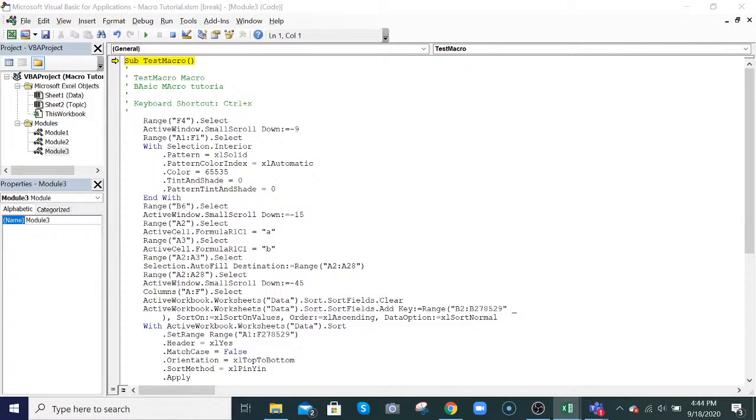Ayun. So, remember earlier in that name of the macro, we typed test macro. So, this is the name of the macro. At the same time, it will be written here. Okay? And the description, this is the description that we have typed earlier. And the shortcut key, keyboard shortcut key, it's